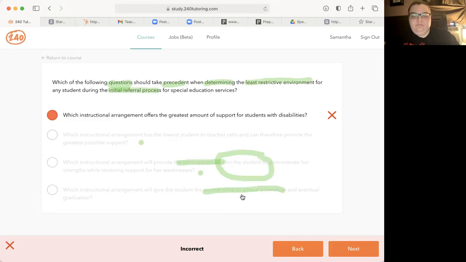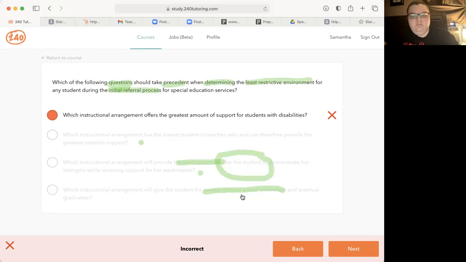Sometimes words in an answer choice make it apparent that it's not the right answer. And for me, this doesn't support the student in the way that the special education program should be doing. It's not just trying to get you to graduate. It's trying to get you to graduate while growing as a human being and growing those strengths that already exist for you, and trying to support you in any of the weaknesses that we identify or that you identify and whatever comes up.